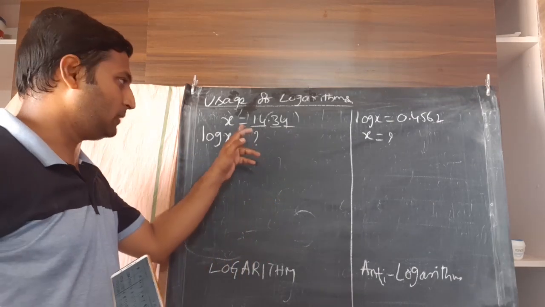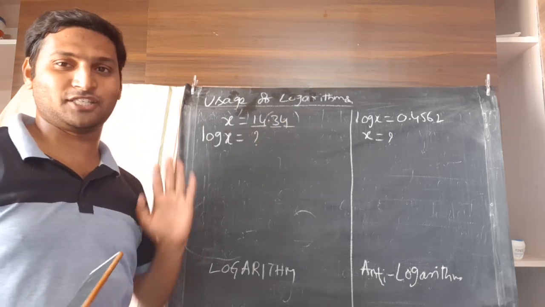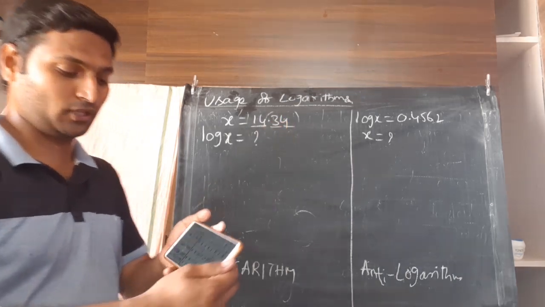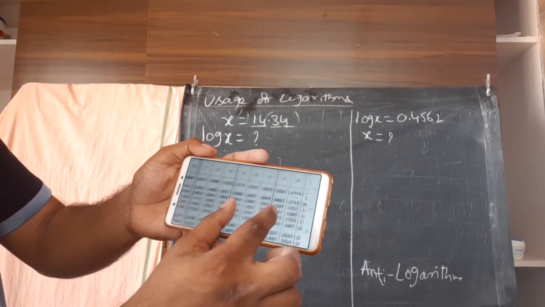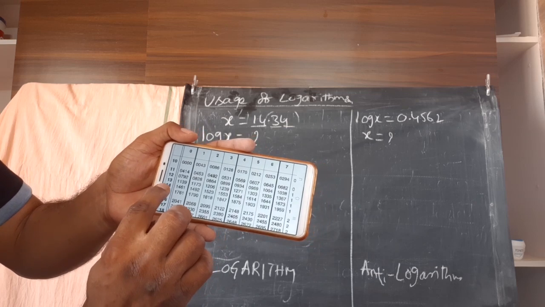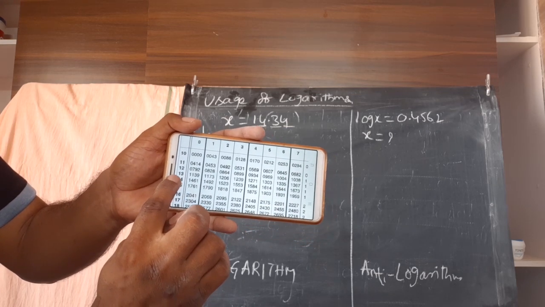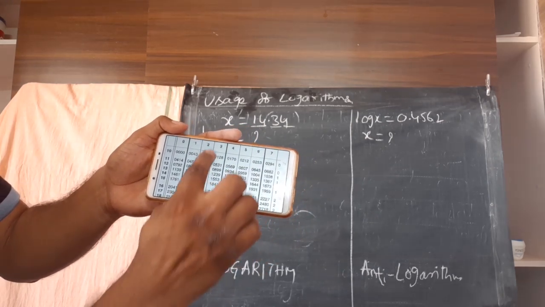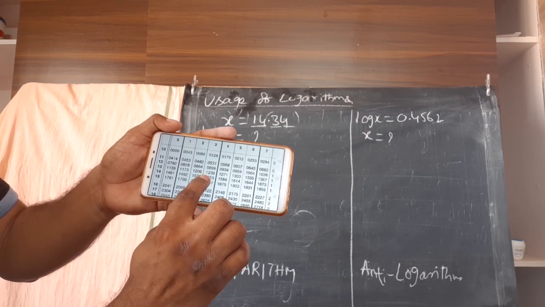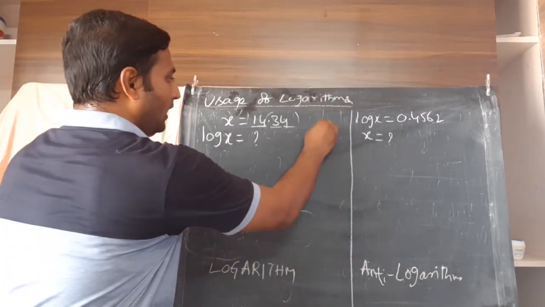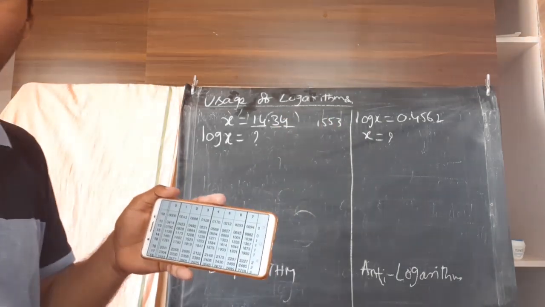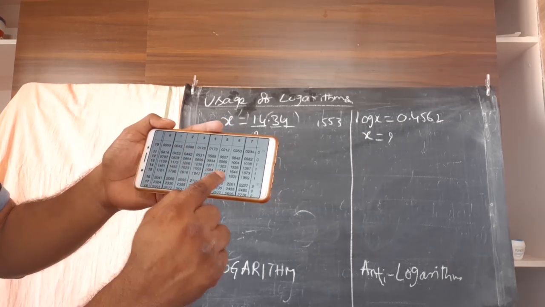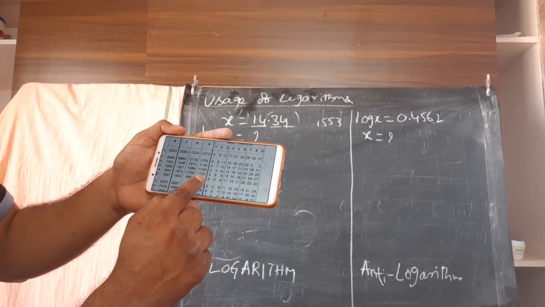Now you see, come to this value. How should I check this value? 14 under 3 mean difference 4. This is how you read it in your mind. That means in the first vertical column, I should check under 14. In the first horizontal column, I should check under 3 because the third digit is 3. So 14 under 3, the value you have is 1553. Let me note 1553. Then you have the fourth digit 4, so for 4, I should go to mean difference.